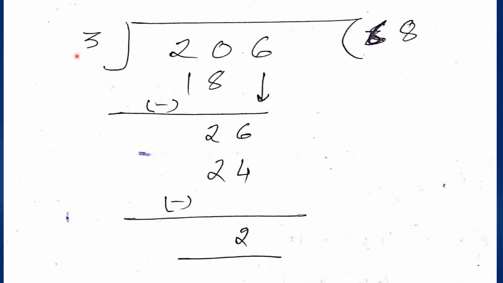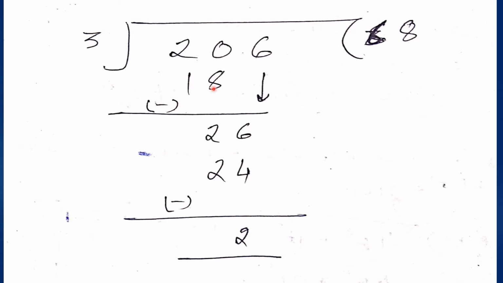Before we start today's discussion, first of all, let's see the simple division that we have been learning and doing from childhood. You can see we have a dividend 206 and a divisor 3. So let's start. What we do is we try to find the exact first number if possible. If it is smaller, we take the first two numbers. As 20 doesn't come in the table of 3, we will take a number less than that, that is 3 6s are 18. So we have got plus 18.